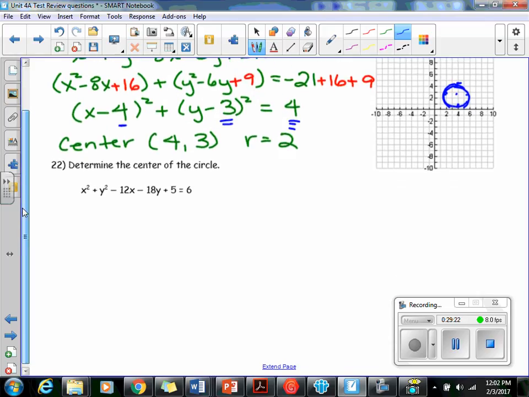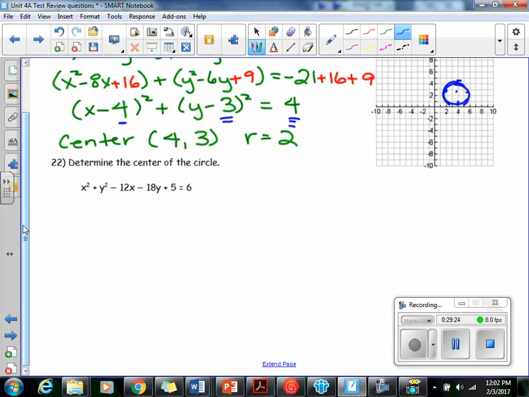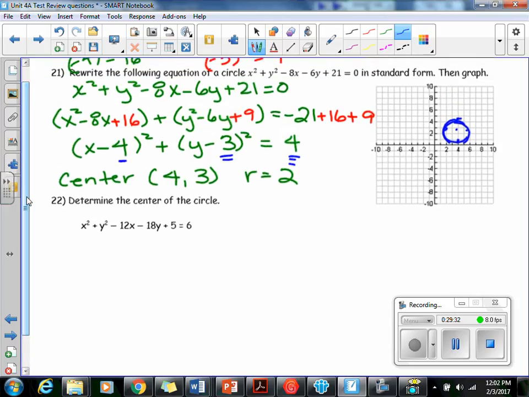All right, so let's go to number 22. Determine the center of the circle. You're going to do the exact same thing that you just did in number 21. You're going to complete the square and find your center after you put it in standard form. Who wants to talk me through this? All right, go ahead, I'm listening. So first, x squared minus 12x, and then plus y squared minus 18y,